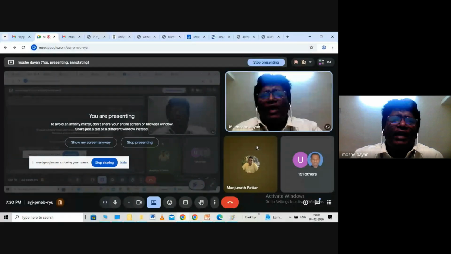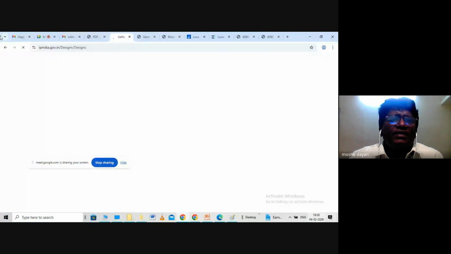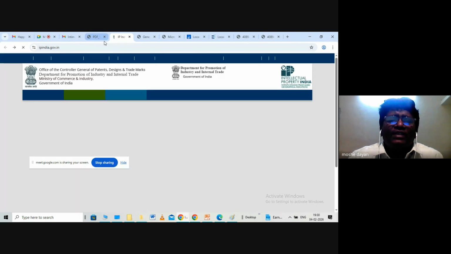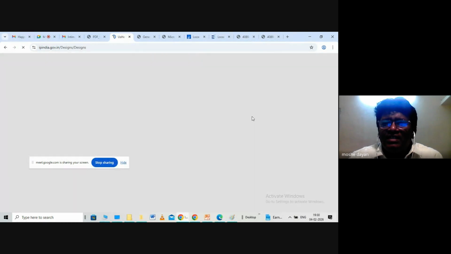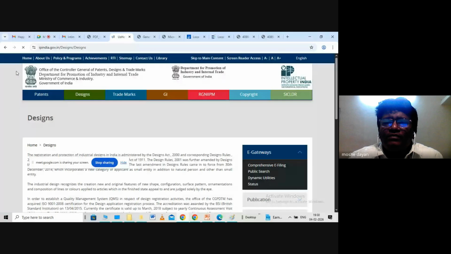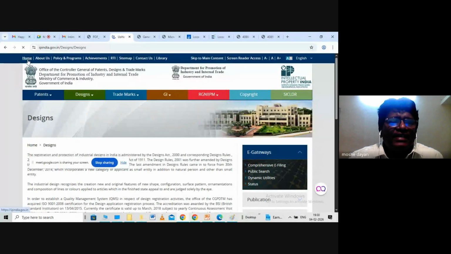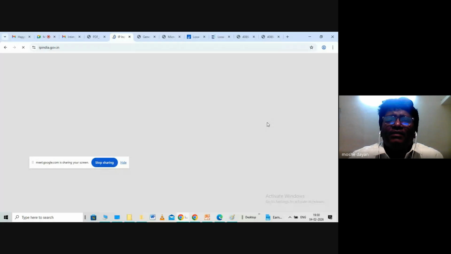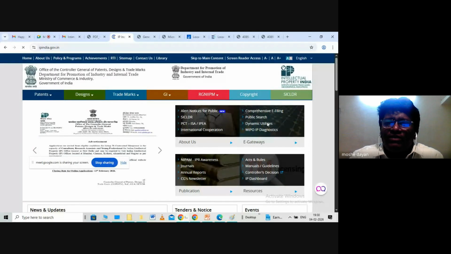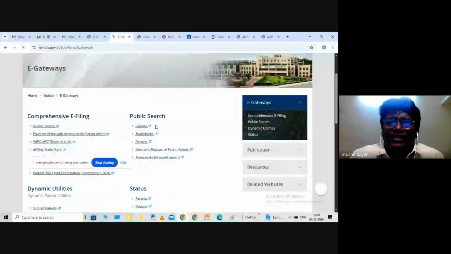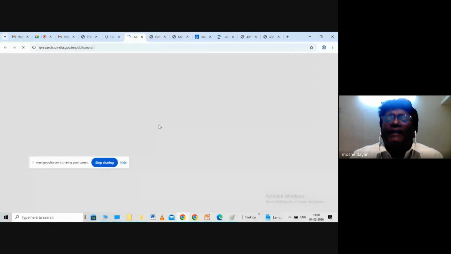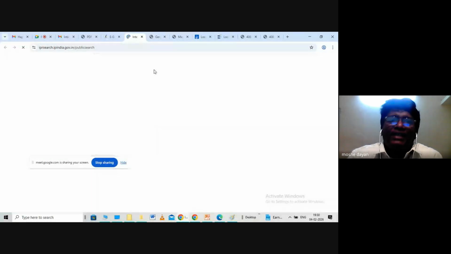You go to IP India. See, this is the IP India website, wherein you can check the status anytime. When you have all the green boxes filled, go to public search and go for patents. You can check the status anytime. But if you want to secure a patent grant for your innovation, you have to urge the IP cell of your university and tell them, I need to secure a grant for my patent. You need to take the patent to the next level, Professor.